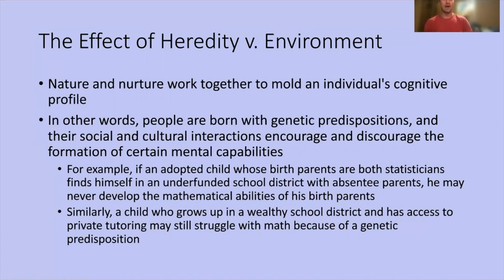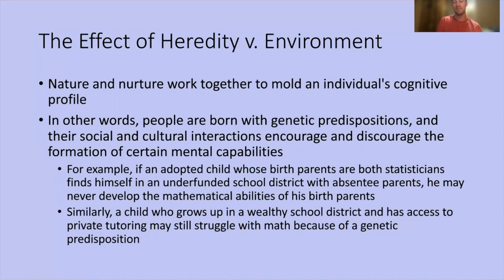However, if this child were adopted, or placed in foster care, in an underfunded school district where he wasn't getting the right access to resources to improve this ability while he was growing, he may never develop those mathematical abilities. So he has the genetic predisposition to it, but the environmental factors aren't there. So it's a constraint. And similarly, a child who grows up in a wealthy school district and has access to